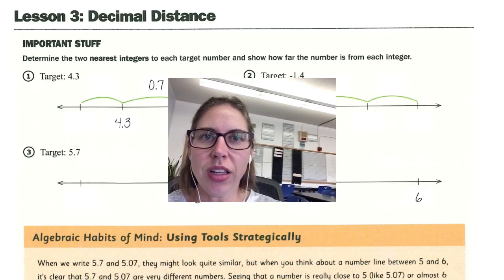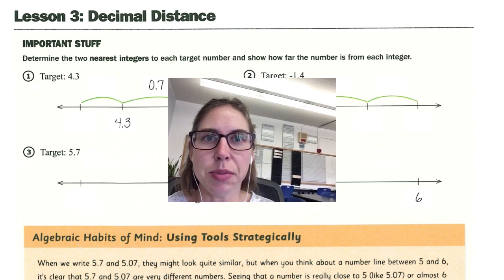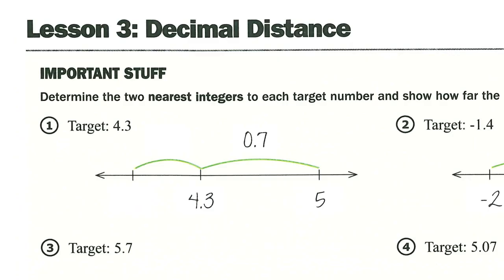Hi, Algebra 1. Here you're going to be working on using the number line to look at distances between decimals. Starting in number 1, we're going to look for the nearest integers. That means whole numbers that are closest to each target number. The target number is going to be your decimal, and show how far away the target number is from each